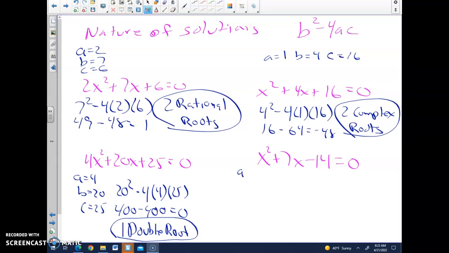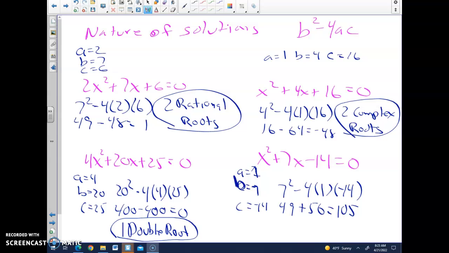And finally, a equals 1, b equals 7, and c equals negative 14. So 7 squared minus 4 times 1 times that negative 14. We get 49. The double negative becomes positive 56. And that ends up being 105. Now, I might be able to simplify 105. I don't think you can, but regardless, it's not a perfect square. So it's 2 real